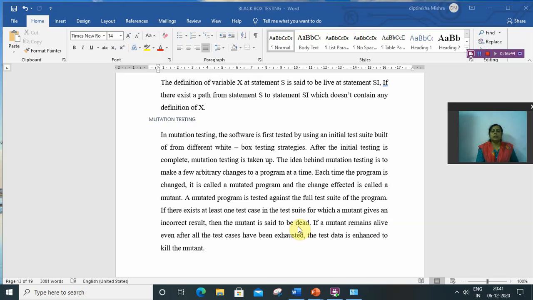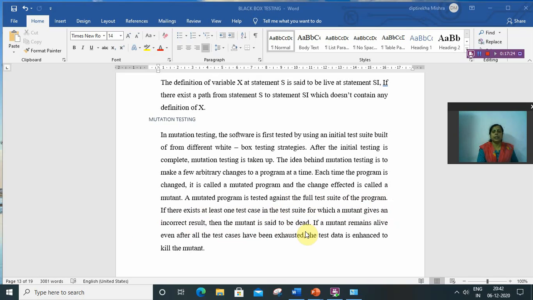So in mutation testing, the programmer introduces an error. Each time the program is changed, it is called a mutated program, and the change effected is called a mutant. A mutated program is tested against the full test suite of the program, and if there exists at least one test case in the test suite for which the mutant gives an incorrect result, meaning they found the error, then the mutant is said to be dead.